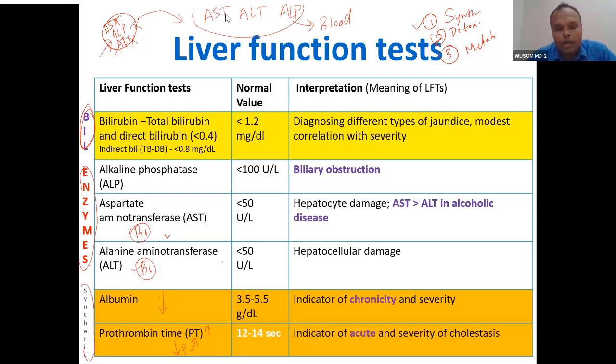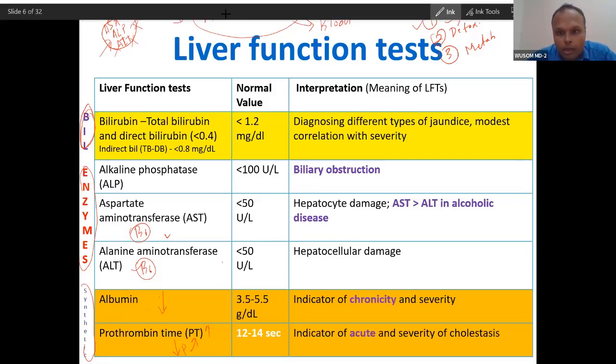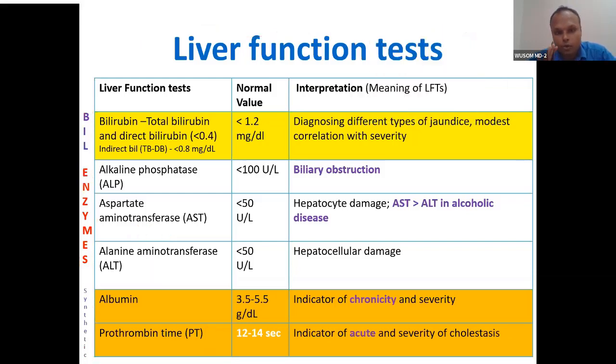So let's see the normal concentration of bilirubin. I have presented the normal concentration as a round figure so that you will remember. We measure only two types of bilirubin. One is soluble bilirubin, called direct bilirubin, and coincidentally soluble bilirubin is conjugated bilirubin. So conjugated bilirubin is direct bilirubin, and unconjugated bilirubin is indirect. Remember, we don't measure indirect bilirubin. What we do in the laboratory is measure total bilirubin and direct bilirubin.